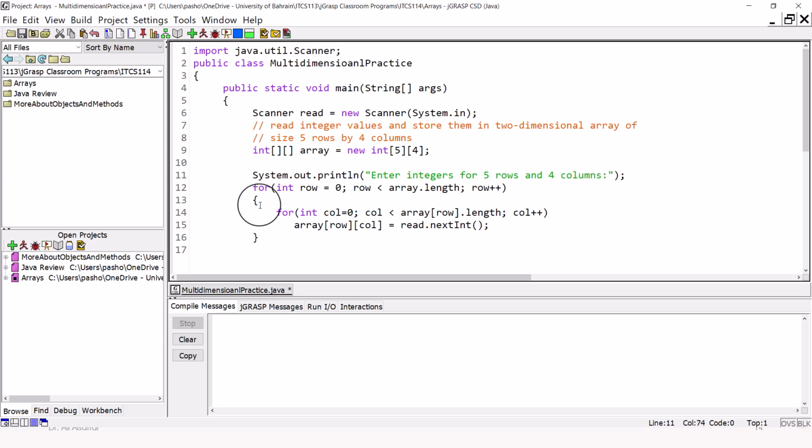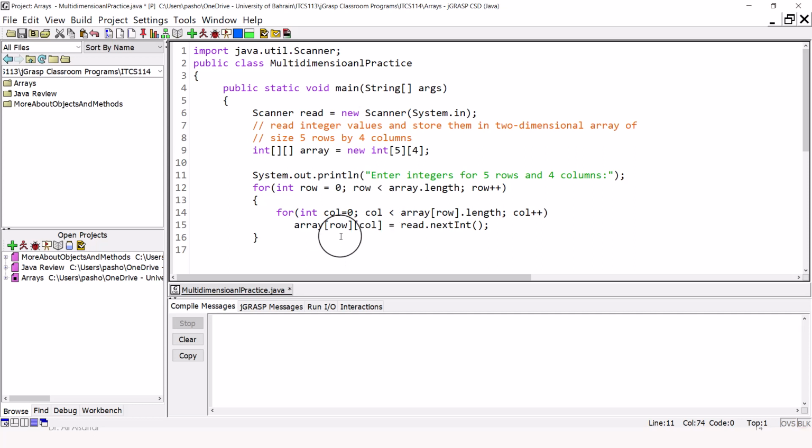And then we ask the user to enter the data. To avoid confusion on which variable of the nested loops must be used for the row and column of the two-dimensional array, we recommend that you give the name row for the variable controlling the row loop and the name column for the variable controlling the column loop, regardless of the place of these loops, I mean inner loop or outer loop. Then use the name row for the row number and the name column for the column number